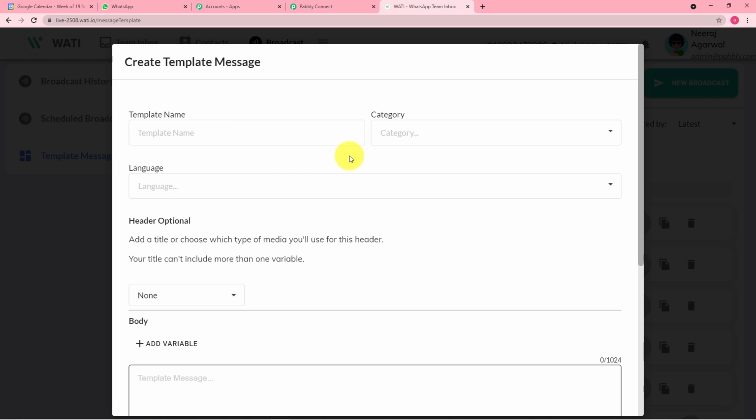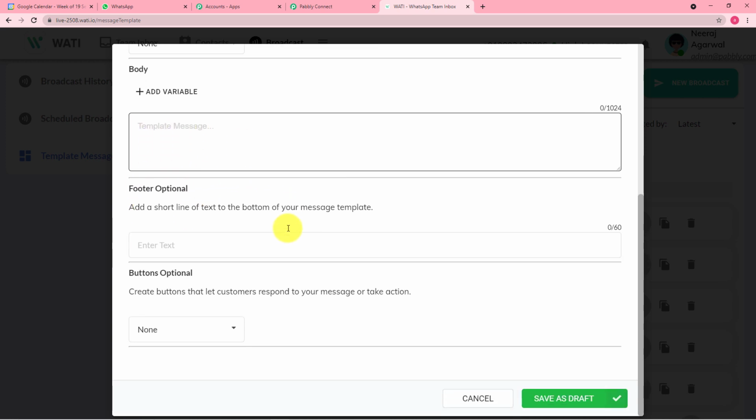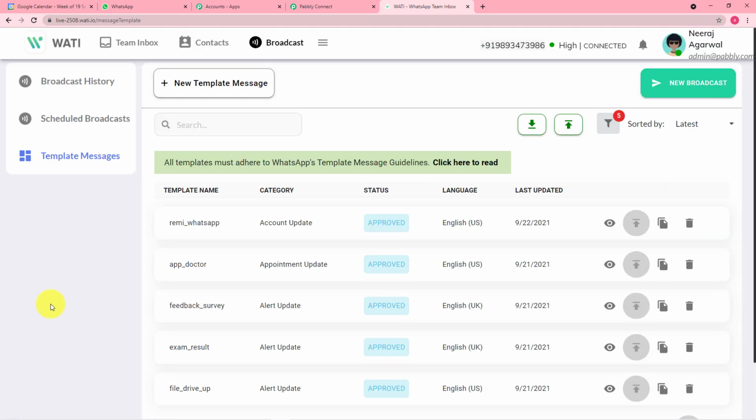You can also create such templates by clicking here on new template message. Here you can enter the name of the template, select the category, choose the language, and here you can enter the body of the message. After that, just save this template as draft, and after that, submit your template by clicking on this submit template button.